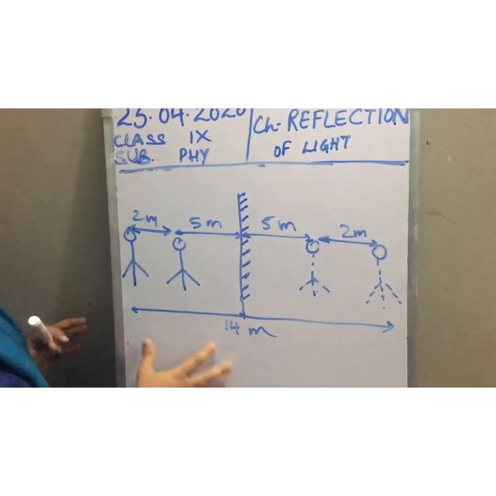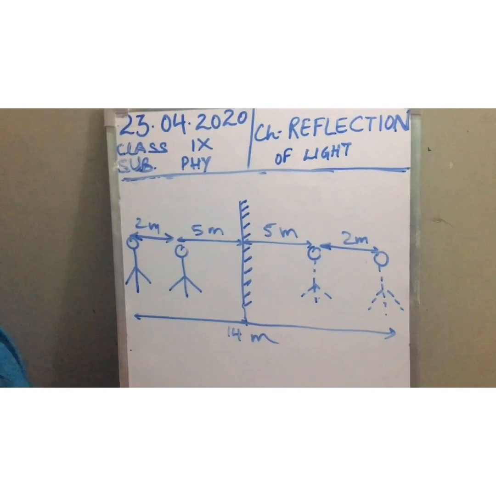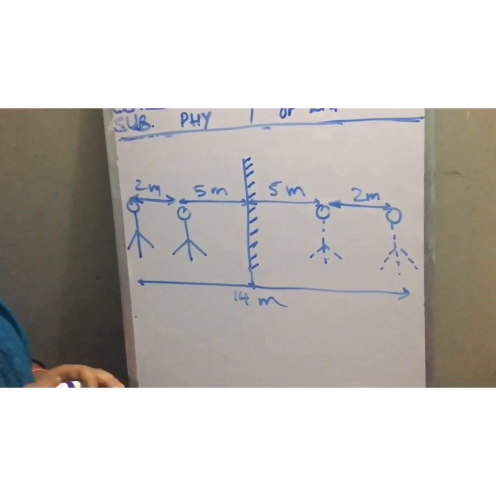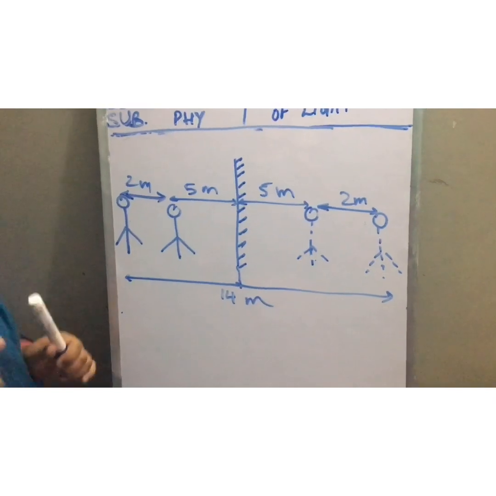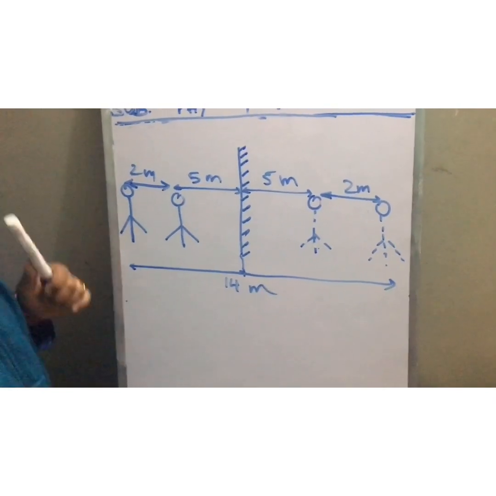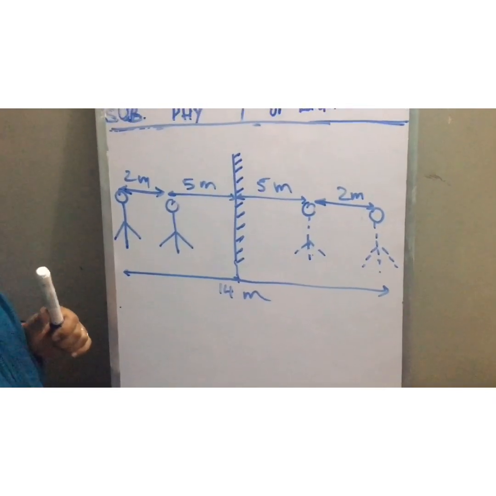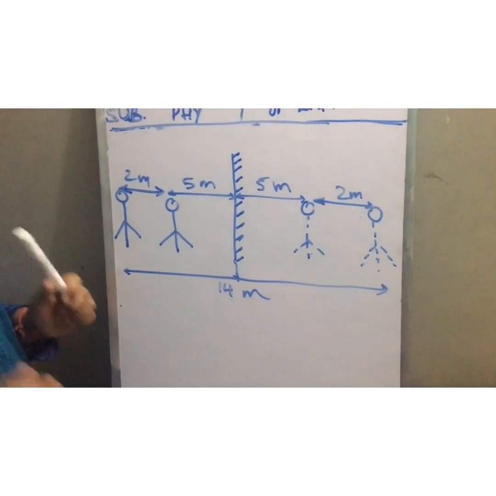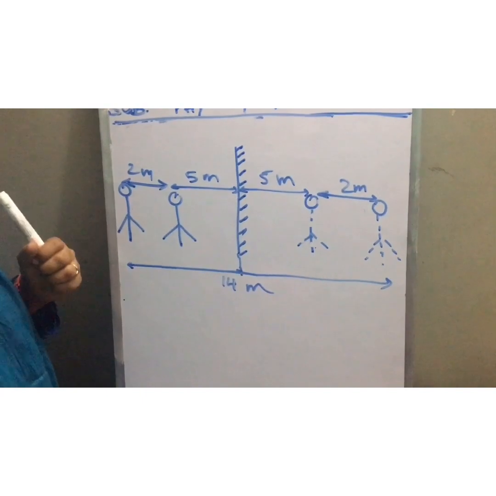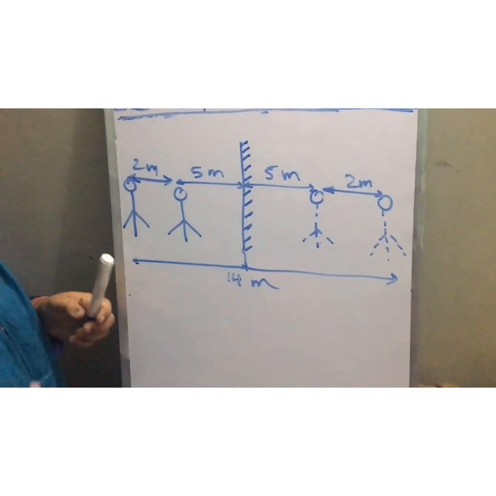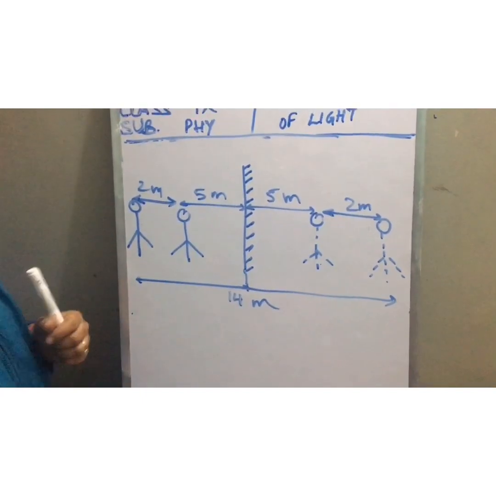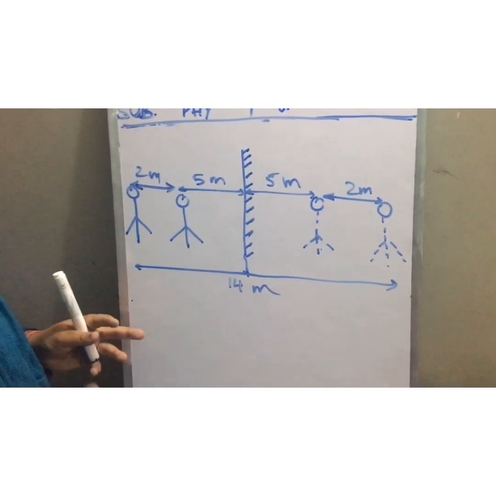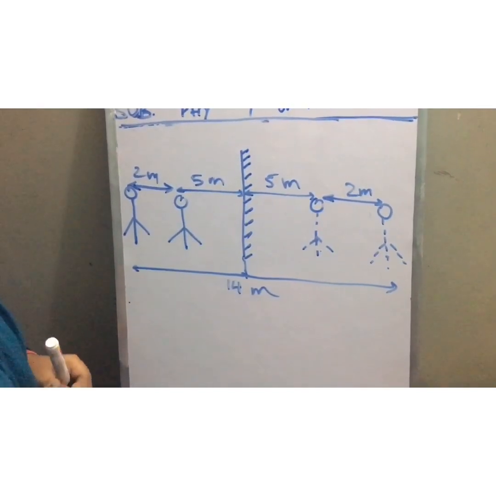Okay, there are more examples given in your book on page numbers 152 and 153. Your work is to read them, solve them, and do it with your own hands. Do not simply read and say you understood. Unless you use your pencil, you are not going to understand it. So read them, try to make figures by yourself, and then slowly and gradually you will get to know how to solve the numericals, students.